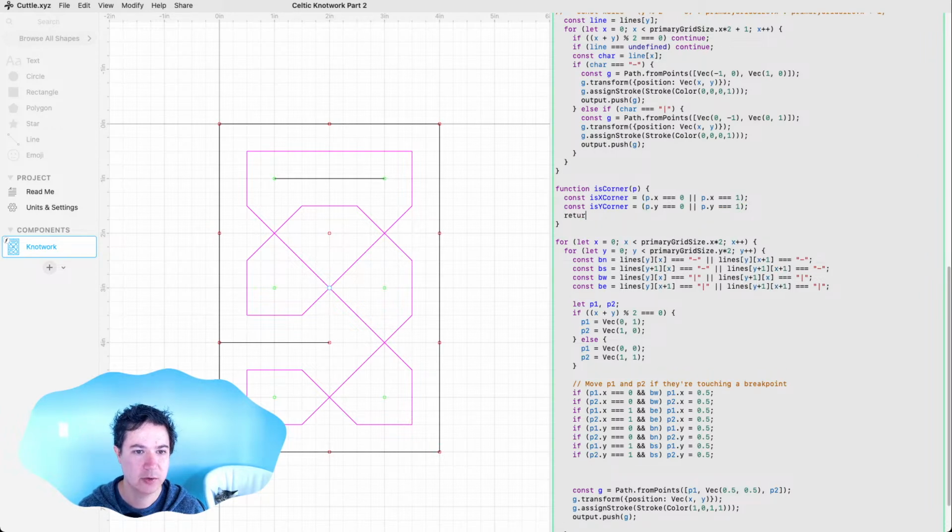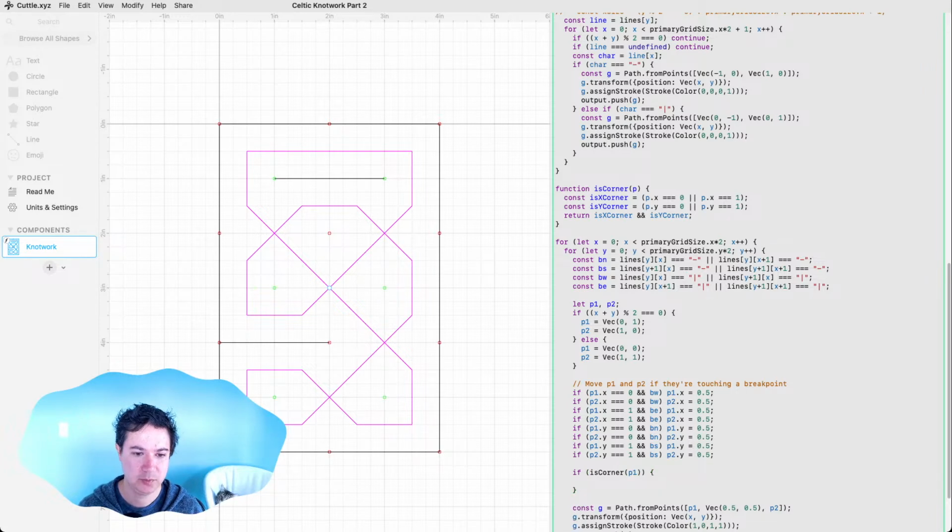And then if the x is 0 or 1 and the y is 0 or 1, then we've got ourselves a corner. So let's say if is_corner(p1),